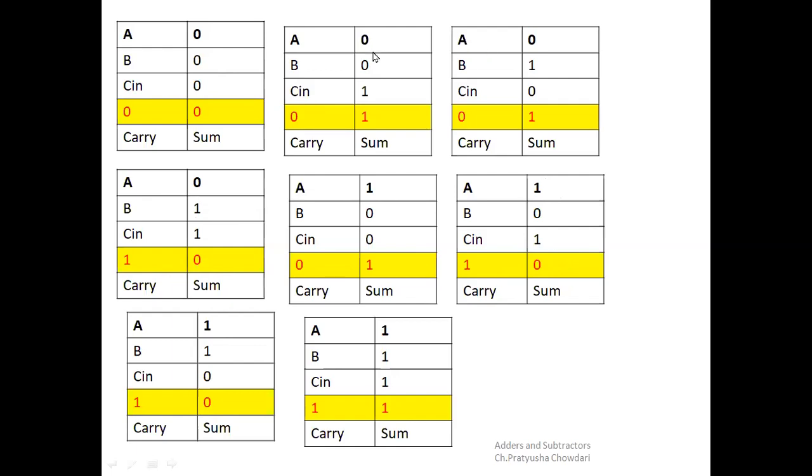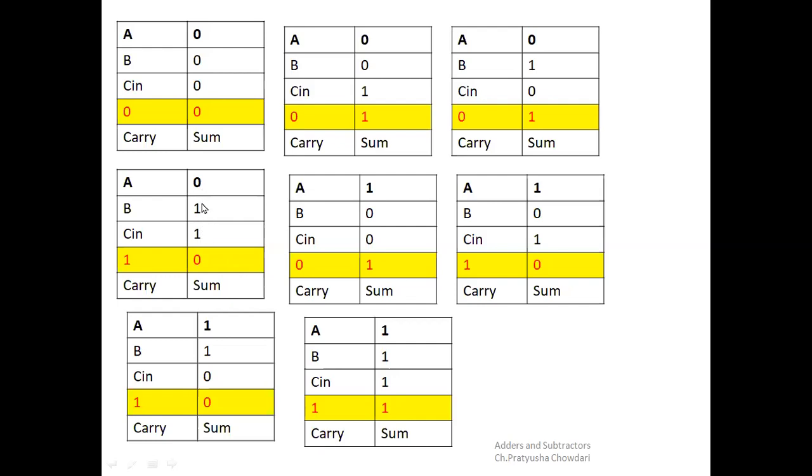In these three cases, you have only one 1 in the input combination. So sum is equal to 1 and carry is equal to 0. That means 0 plus 0 plus 1, in any way, the answer is equal to 1. So there is no carry at all. Whereas when you have two ones,